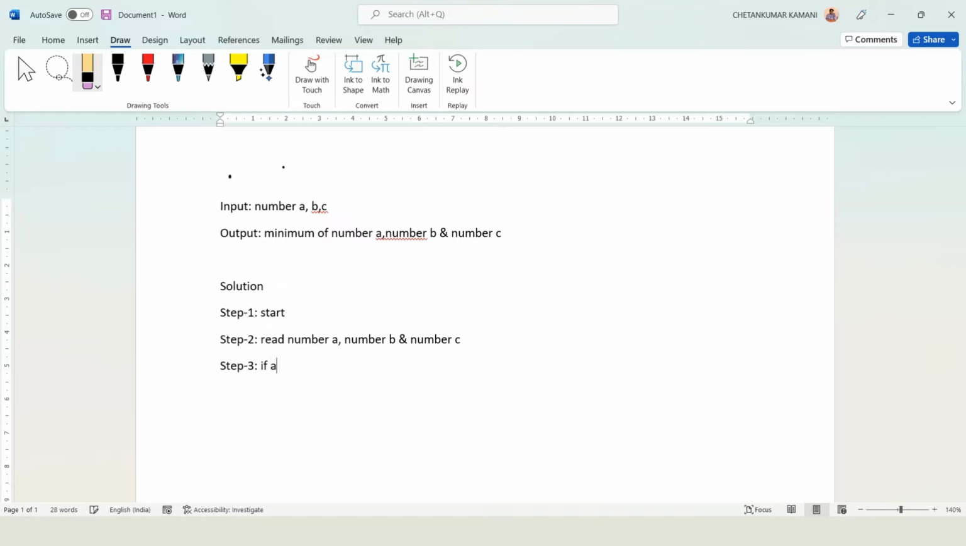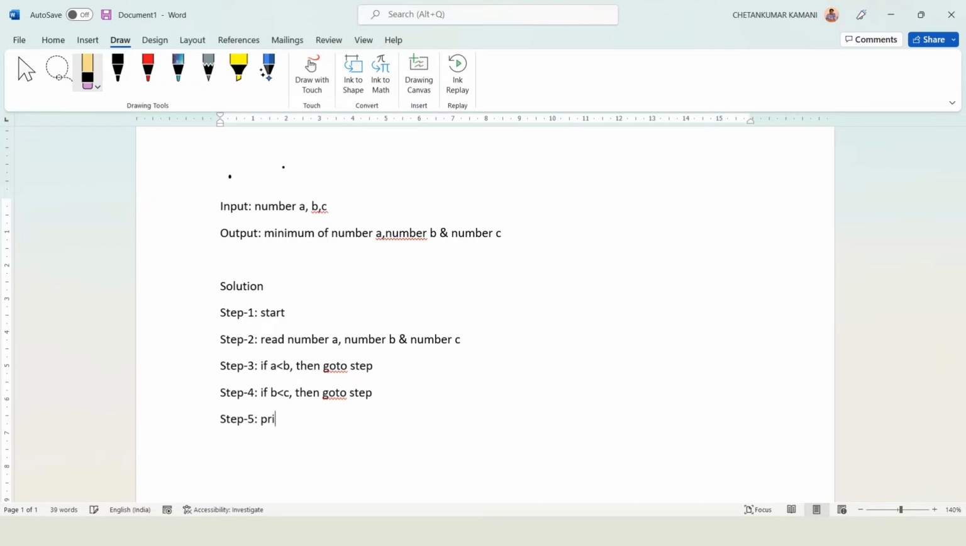If A is less than B, if this is true, then go to a step which I don't know right now. I don't know the exact step number, right? That's why I have not written it there. If it is false, then we have to compare B with C. If B is less than C, if this is true, then go to a step, this is also not known right now. Then step number 5,